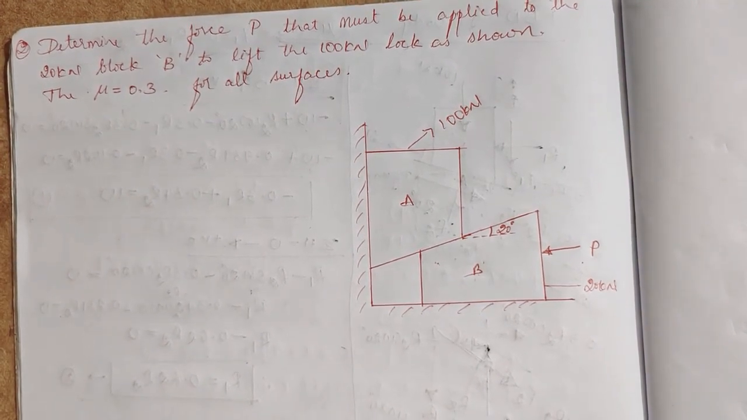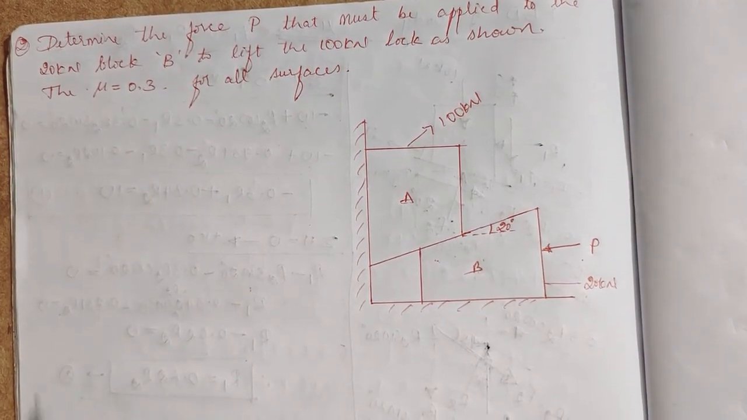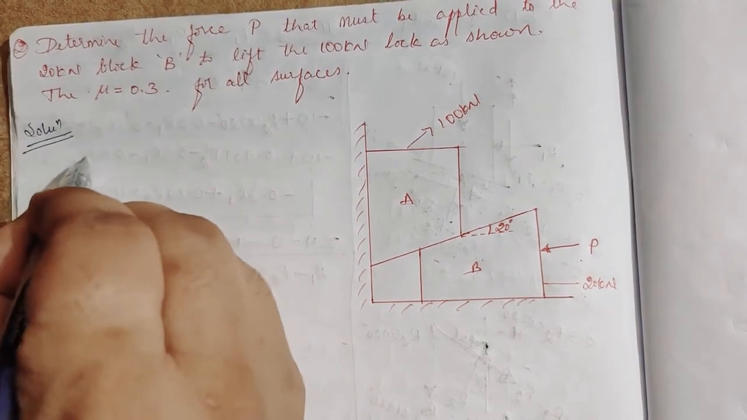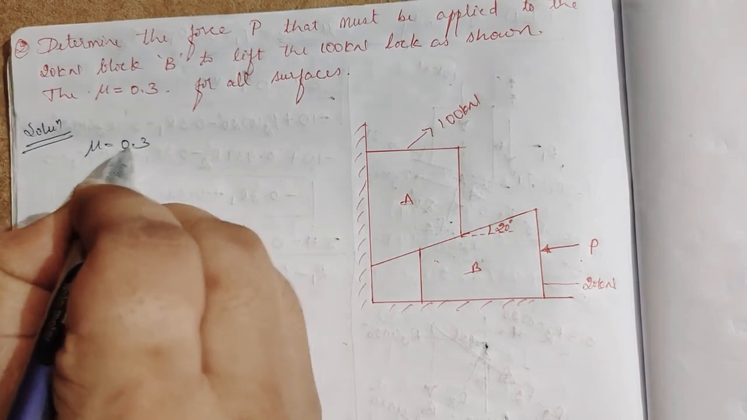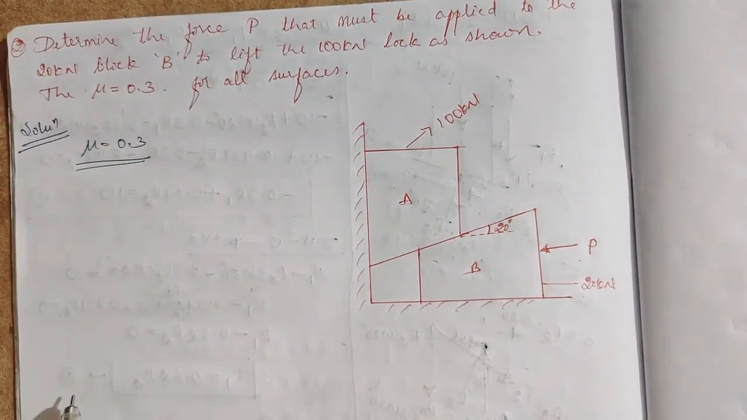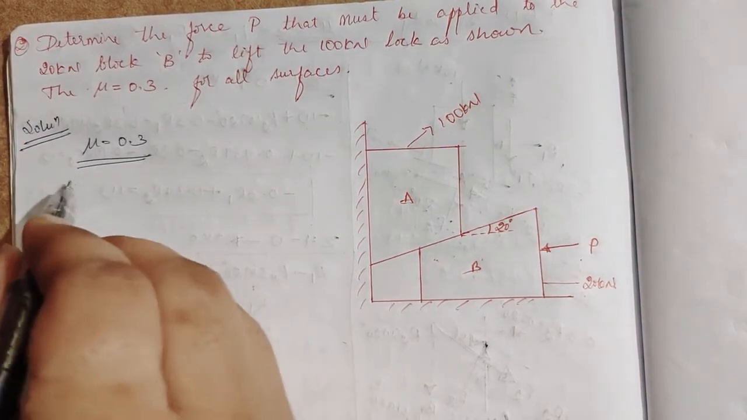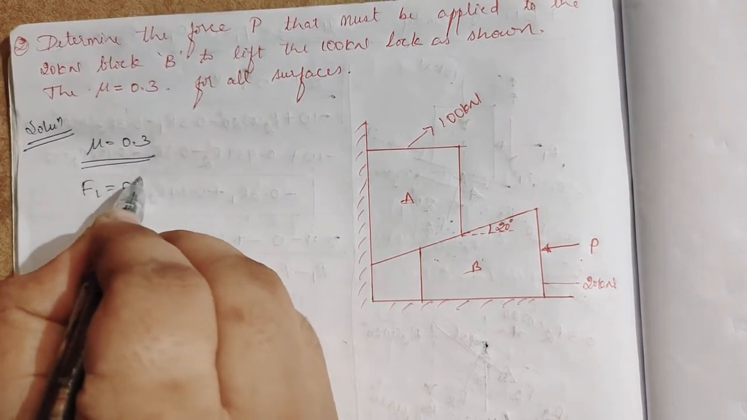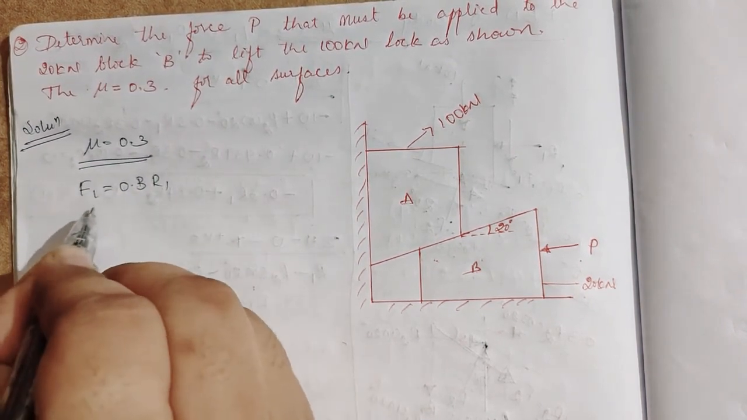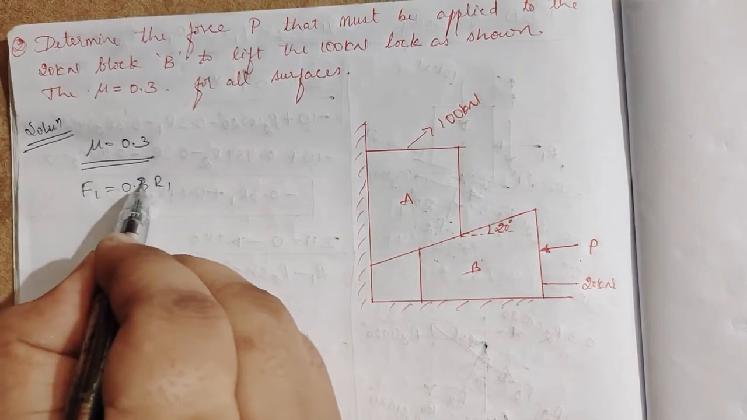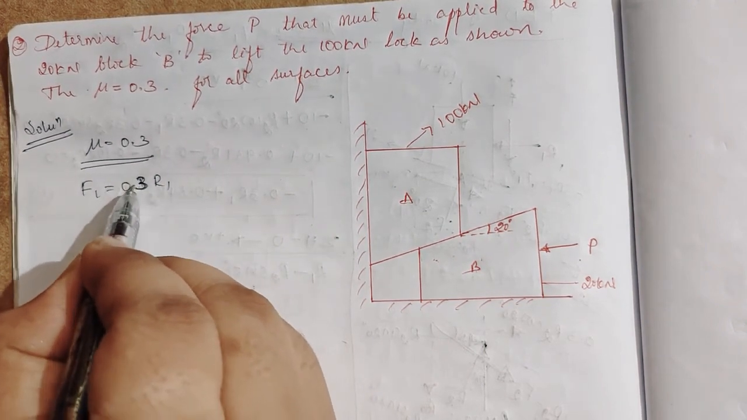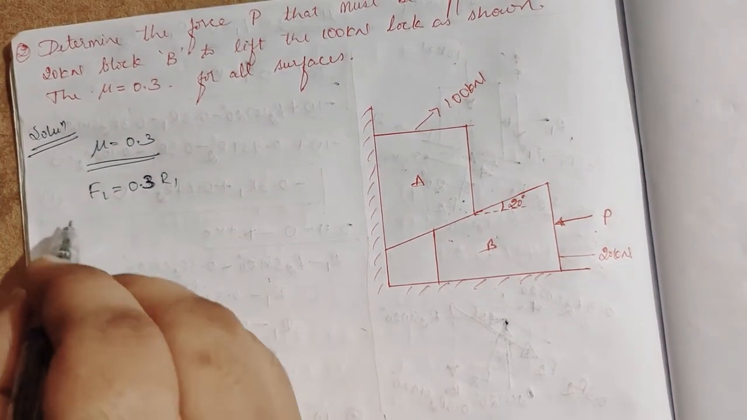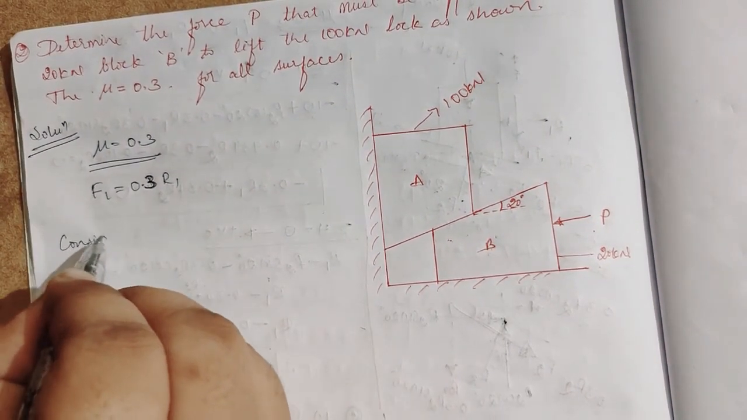Okay, now the procedure is the same. Now I'll follow the solution. So what is given? The coefficient of friction is 0.3. What it means is that any F1 value we take will be 0.3 R1, like that. So this is given for that purpose only. So I'll consider